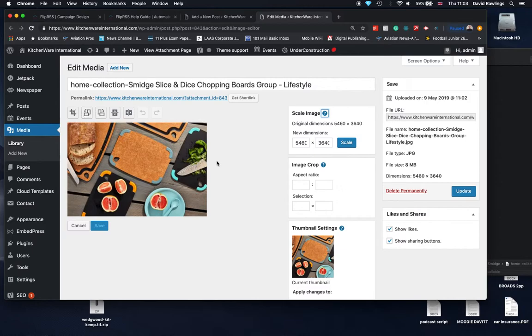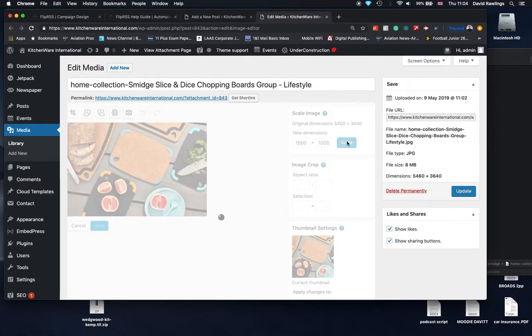Now what I'm going to do instead is scale it. One of the reasons why it was being a bit slow and decided not to crop was maybe because the image was too large in the first place. As a rule of thumb, I just look at these two numbers, and whichever is the smallest, I make that about 1000, and it will keep the original format or dimensions of that image. So if I click Scale now,